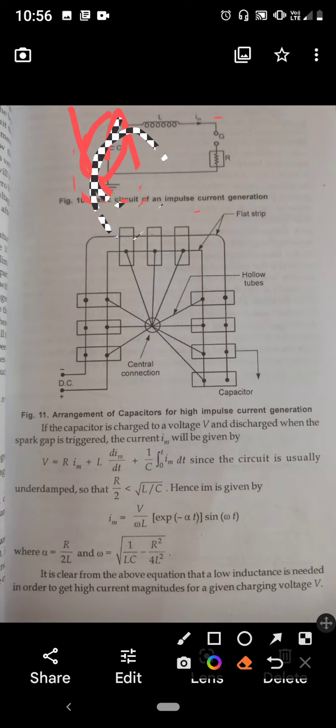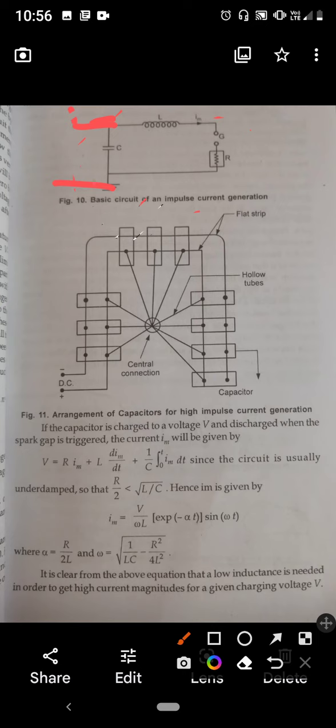C represents a bank of capacitors which are connected in parallel, and